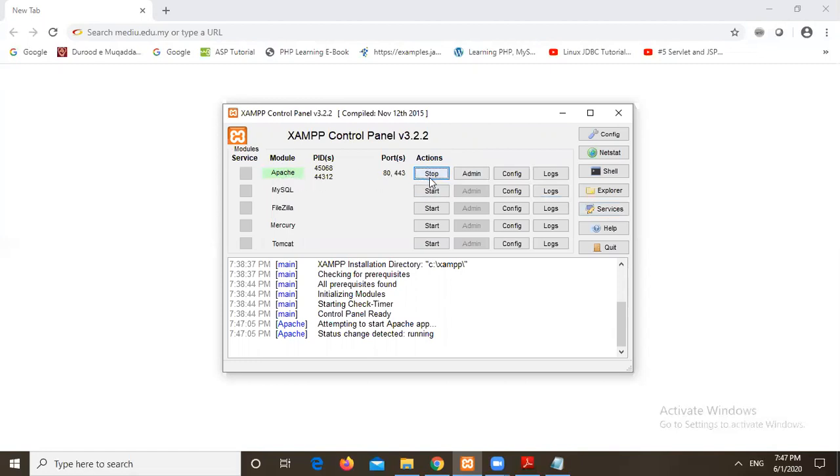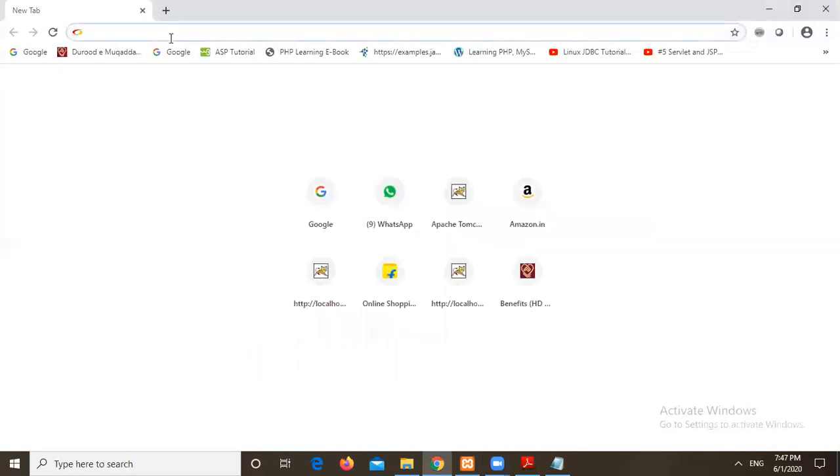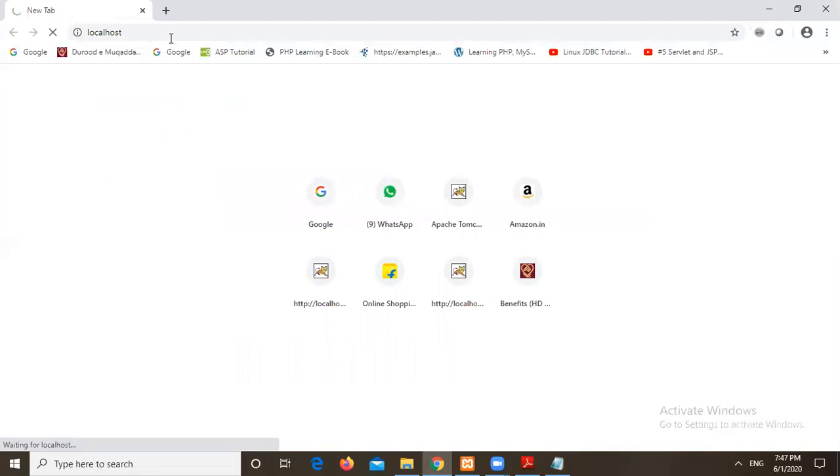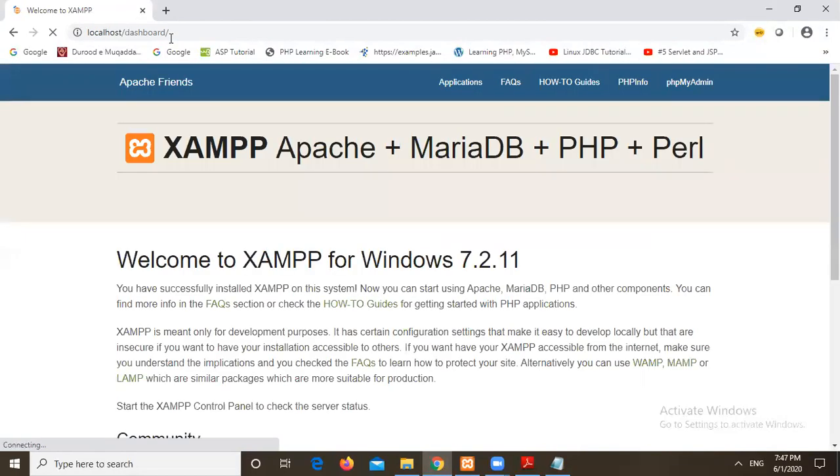How to check whether my server has started or not? Simply I need to go to the browser and type localhost. If I see a welcome page, that means my web server is running successfully. See here, I see XAMPP's welcome page.